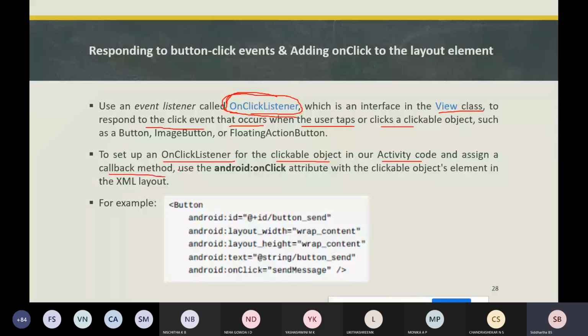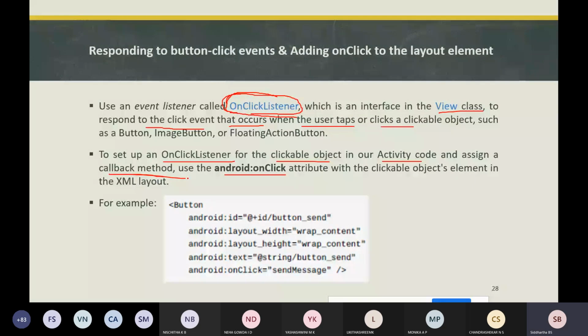If you want to perform some actions, you need to use a callback method. In the XML layout file, you use the on-click attribute. For whatever value is given in the on-click attribute, we will create a callback method.